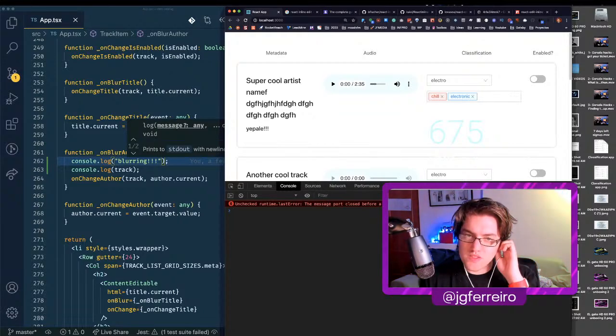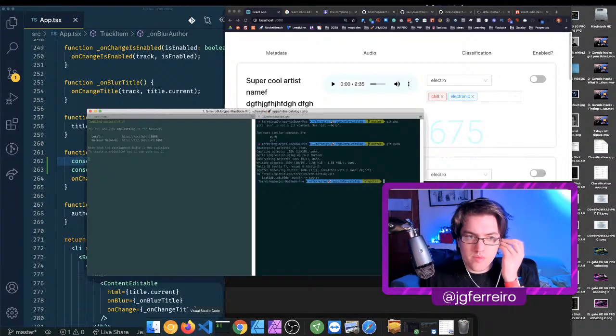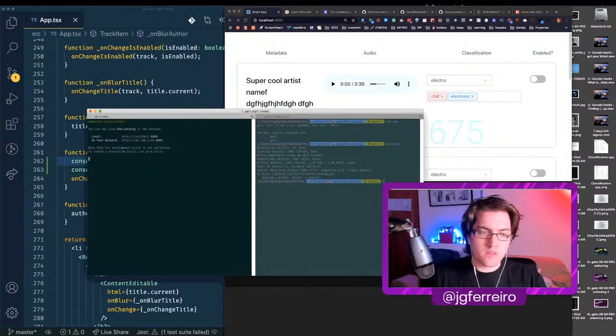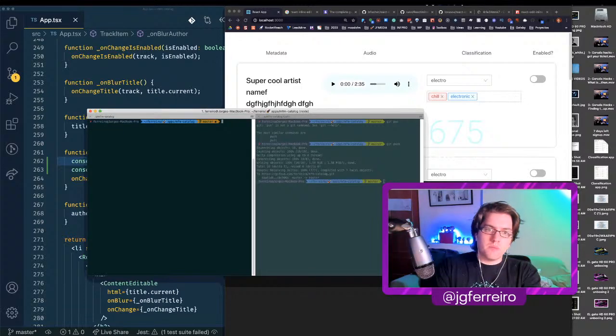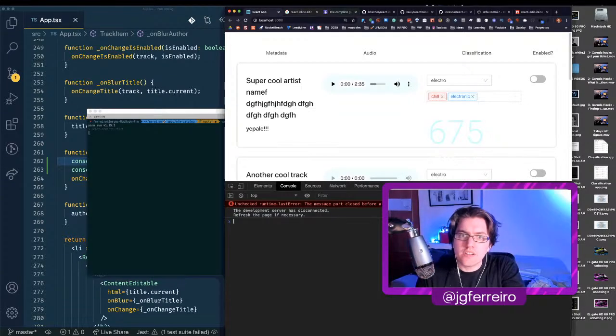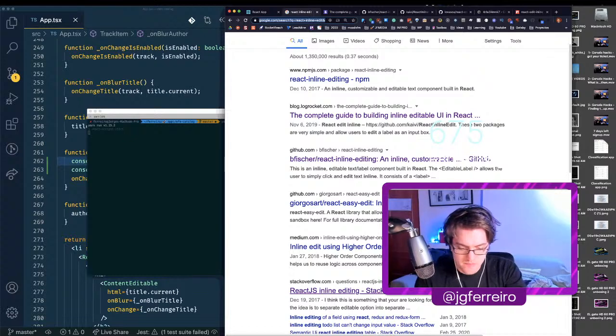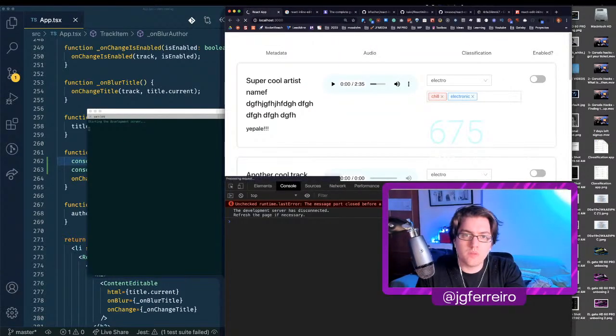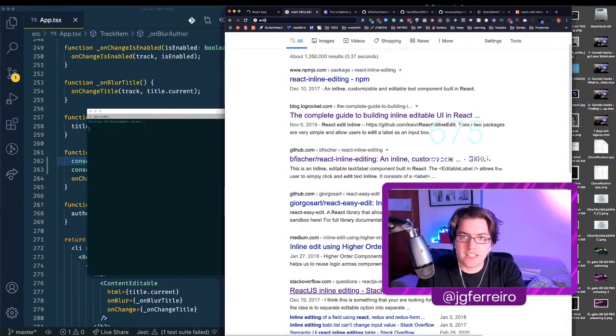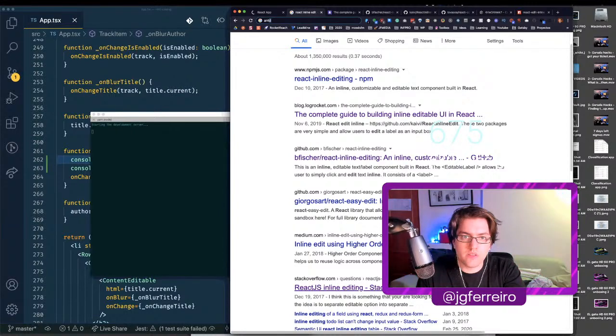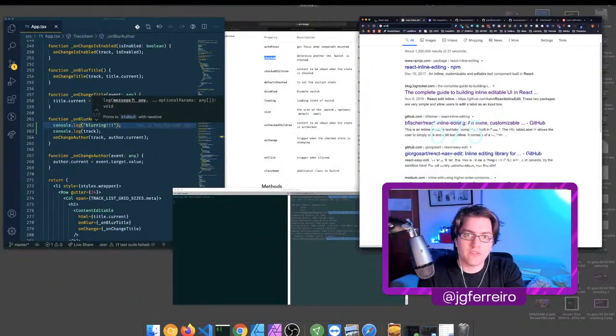Like runtime last error. Let me restart real quick this. Honestly, I don't care about that at this point, so I just want to get the functionality ready. So editable, what if I